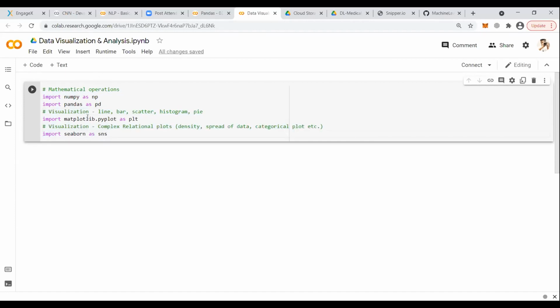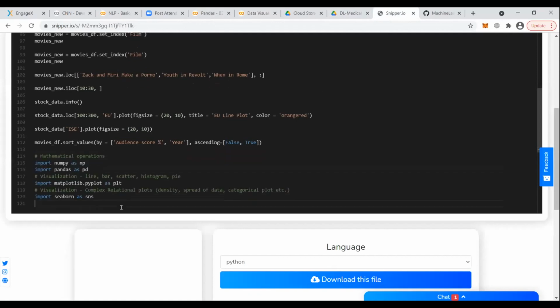Easy plots use Matplotlib. If it is a complex plot, like a violin plot, density plot, categorical plot, relational plot, linear relationship like point plot, there are so many other plots that majorly show you descriptive types of plots.